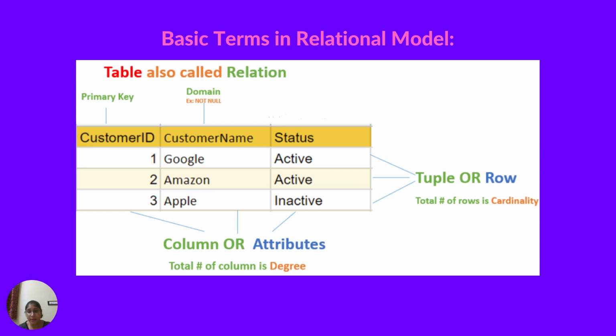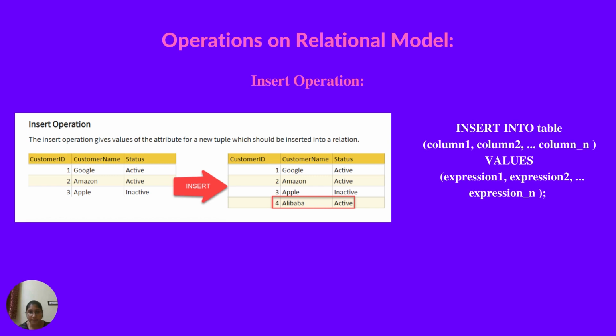Next, primary key is nothing but a unique element in the entire column, alongside being not empty, which means a value should be present alongside being unique. The term domain is nothing but a predefined value for an attribute. For example, we can set the value to be not null before entering the details in the table, or we can set it as null, making it not mandatory for it to be present in the table. Tuple is nothing but a row in the table. The total number of rows in the table is given as cardinality.